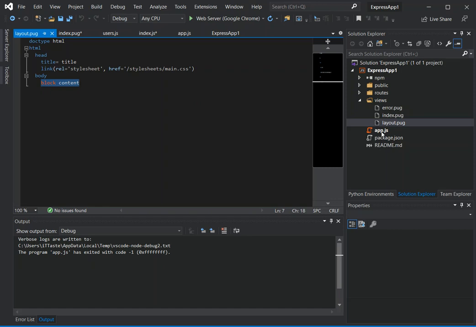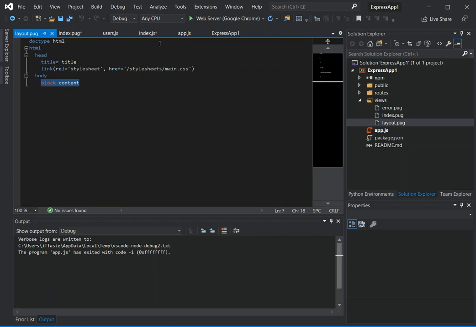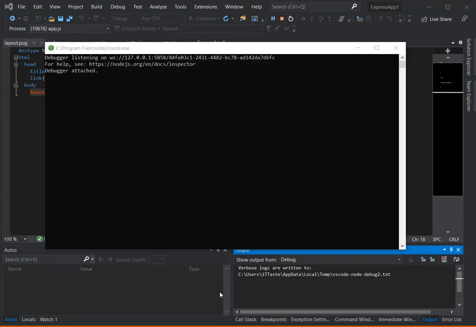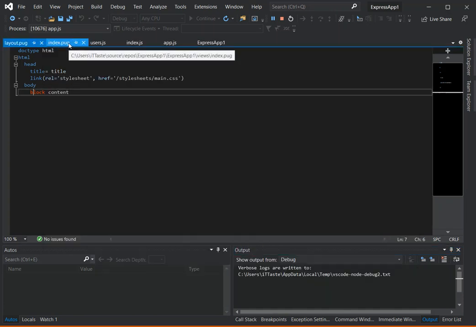So as you can see, we have the app.js here, which I actually explained the first time. So now we're going to run it to see what actually comes out, and if the changes that were made will actually be reflected. So as you can see here now, I have the Express changed, and here the title is changed to Express money. So the only change that I made on the Express bit here